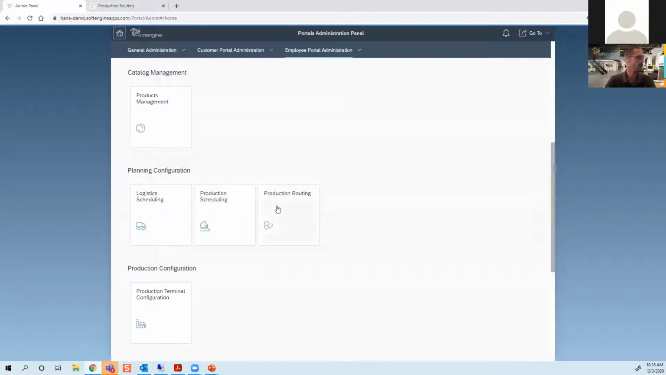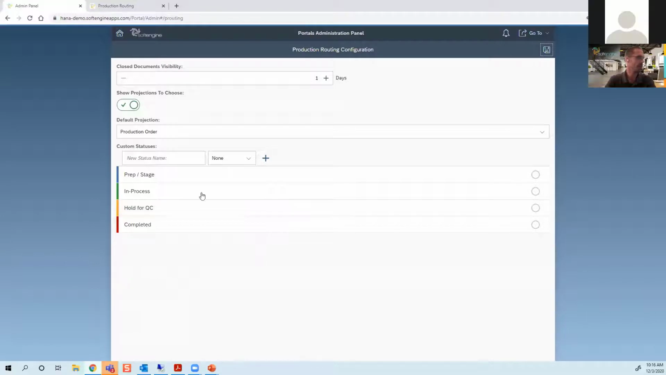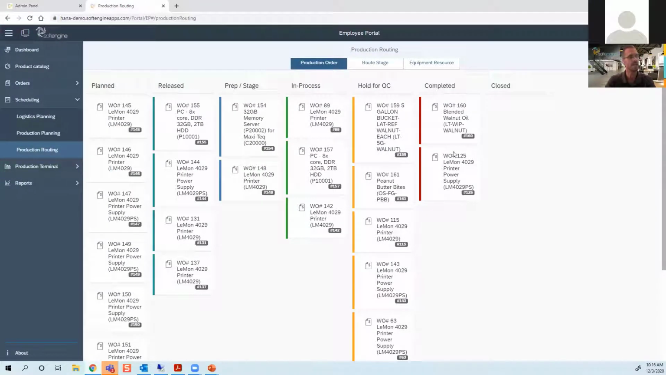On the other side of that equation is the routing. So again, with routing, you can choose your closed document visibility. So you may have noticed that over here in this example, I have a completed and I have a closed. As an SAP user, you undoubtedly know that when you close a production order, that's when all the magic happens. With costs, variances, everything gets booked. And most accountants tend to panic when they think about somebody on the shop floor closing the production order and